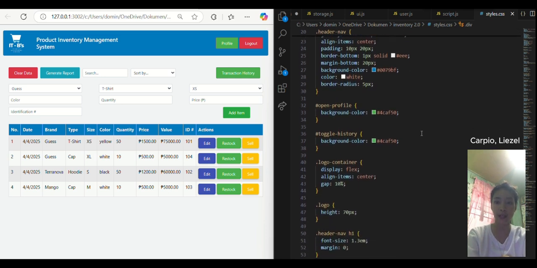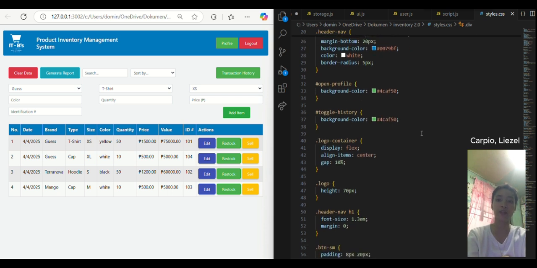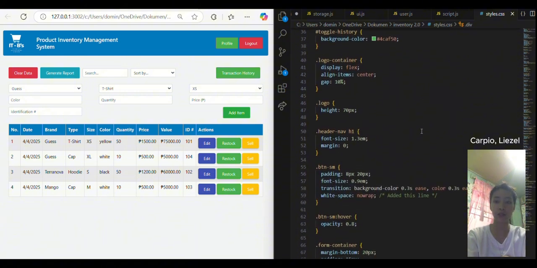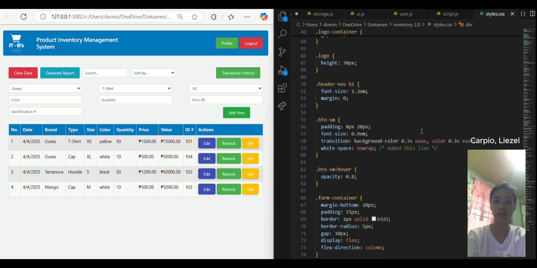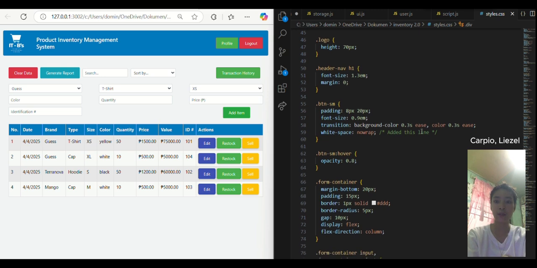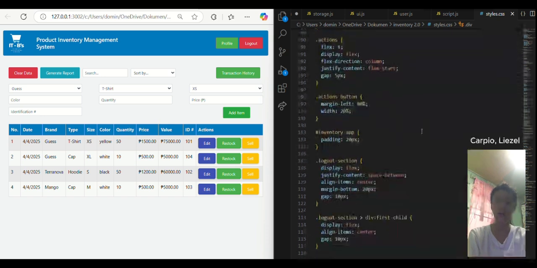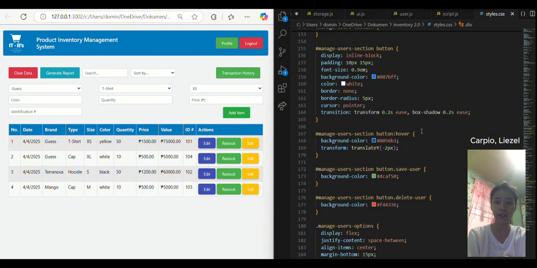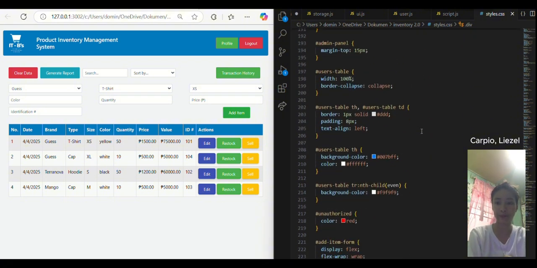Logo styling maintains spacing and proportion, while the header title is adjusted for readability. Forms and input fields use border radius and structured layouts. Profile settings ensure proper alignment. Inventory-related sections define table styles with alternating row colors and user interaction. Button styles provide distinct colors for different actions, hover effects, and focus effects